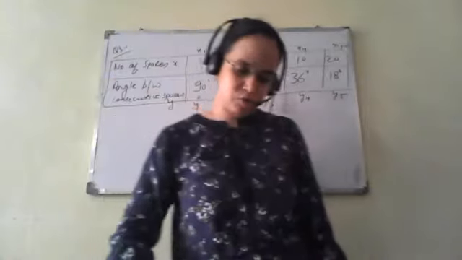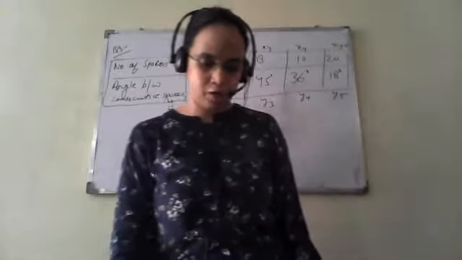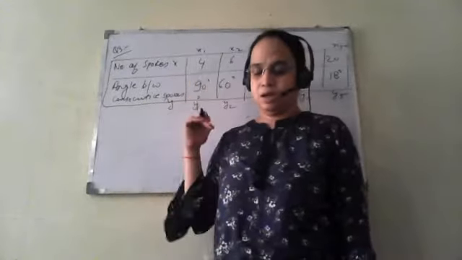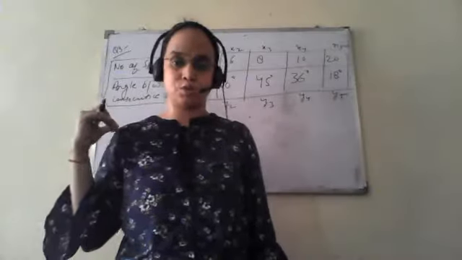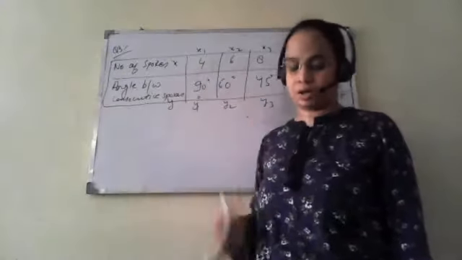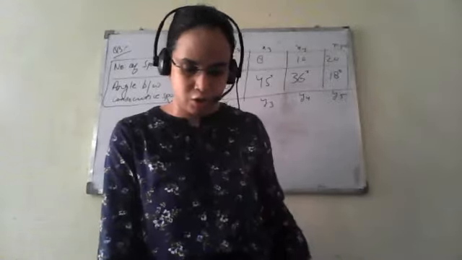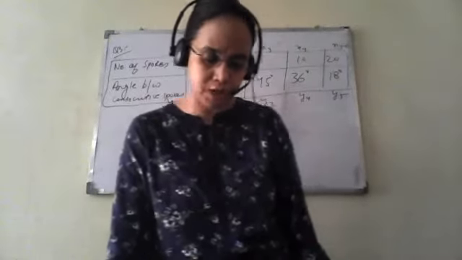So are the number of spokes and the angles formed between the pair of consecutive spokes in inverse proportion? That we have already discussed. Yes, because x1 y1 equals x2 y2 in that case, so they were in inverse proportion. Now the second part: calculate the angle between a pair of consecutive spokes on a wheel with 15 spokes.